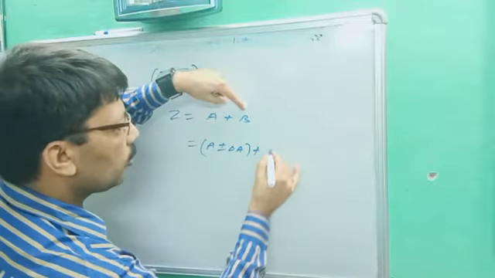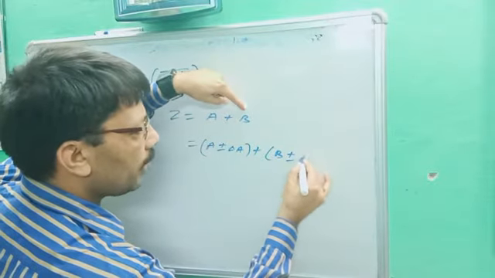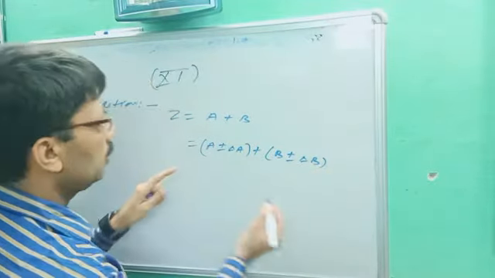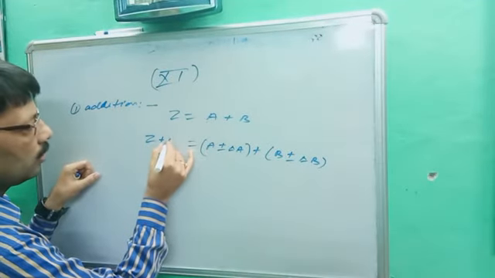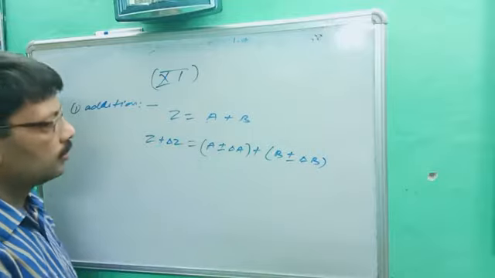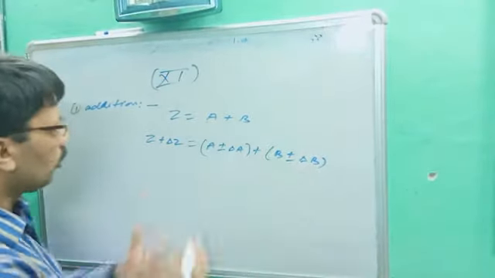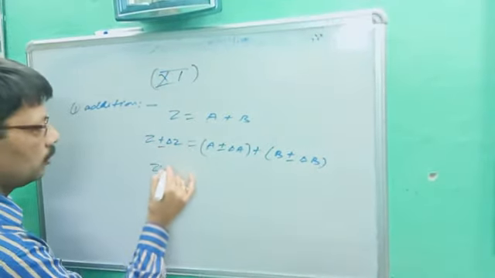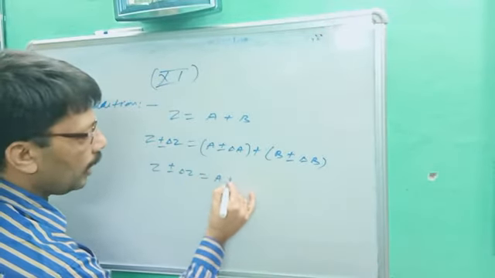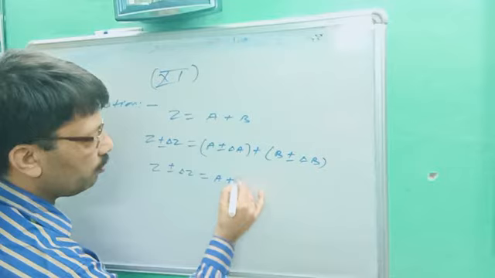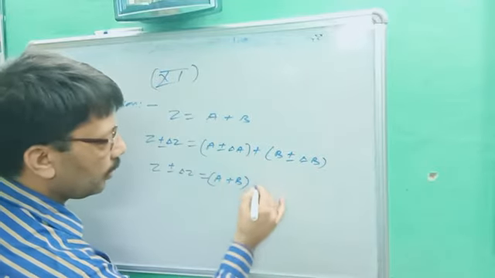A plus B could be written as B plus minus what? Del B. So there will be an error in Z, so it will be Z plus minus what? Del Z. Okay. Now solve them. Z plus minus del Z is equal to A plus B,